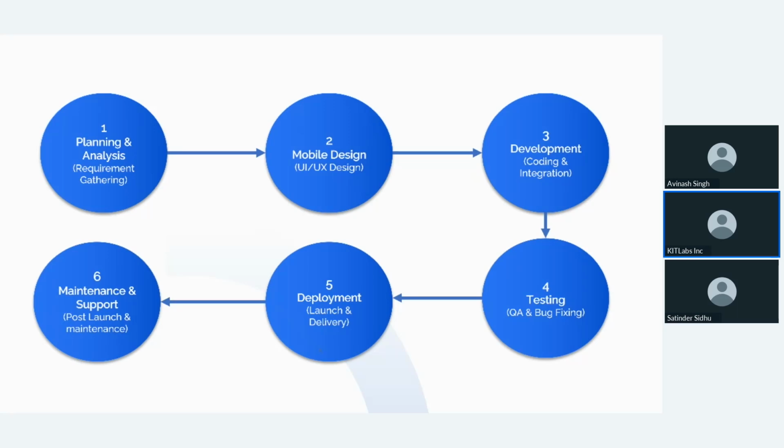Once we have your vision for your mobile app, we start designing your mobile application. When we design it, we have weekly meetings with you, so that you can see it is going as per your vision and needs. Then we have development, where the core coding and integration work happens. And as mentioned, we have testing, and then deployment and maintenance support. Now let's understand these steps in more detail with the next slide.